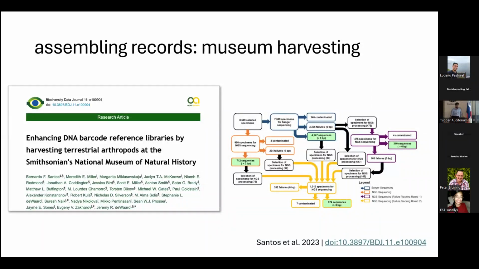And for this multi-year project, we were targeting new genera of arthropods. So new in the sense that they had never been barcoded, they were never on BOLD, they weren't on GenBank, and with the idea that these would be beneficial to add to the global reference library to break up some branches